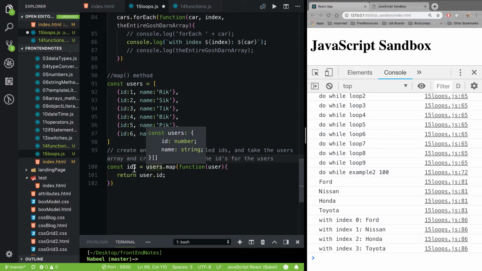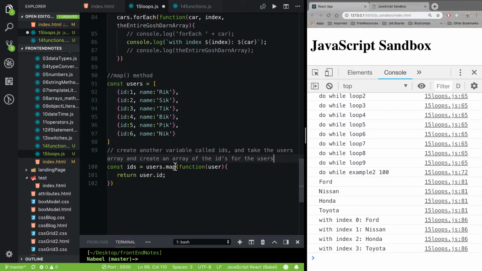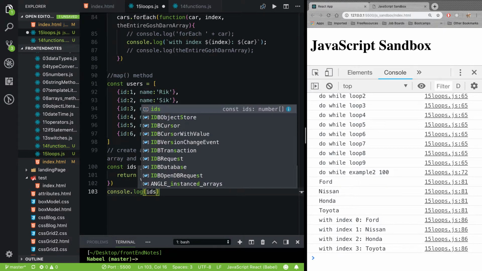Okay? So here you have it. We're creating a new variable called IDs, and we're saying, hey, take this users array and map it. And what are we doing to map it? We're basically grabbing the ID from the user. So now, if I console.log IDs,